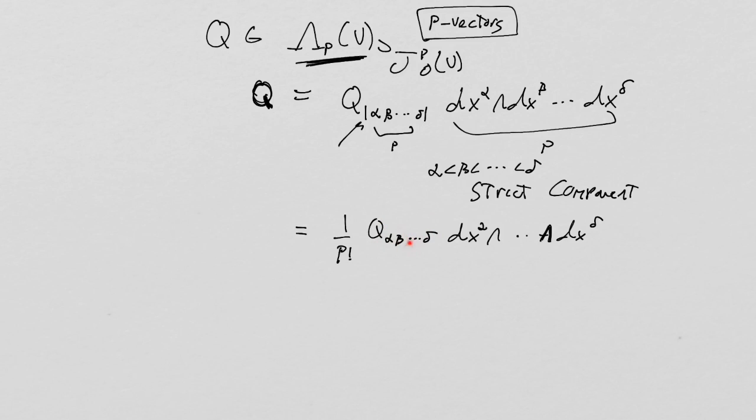So what ends up happening is I end up adding this up p factorial times, because I hit every permutation. So I have to divide essentially this coefficient by p factorial in order to make it normalize correctly. But that's fine. We can do that. That's an acceptable way. The actual component is this thing, right? This is just this antisymmetric. Well, the actual, so what's going on here is,